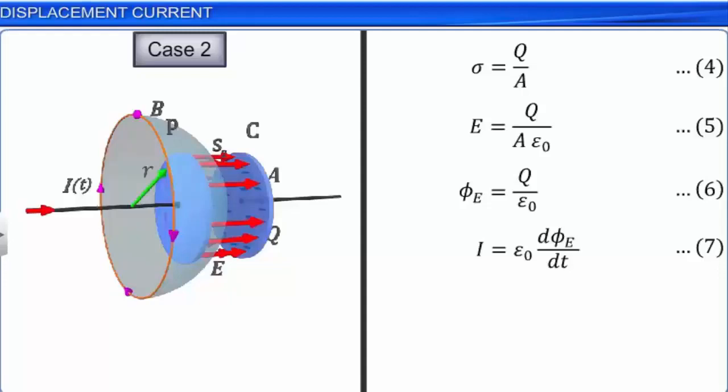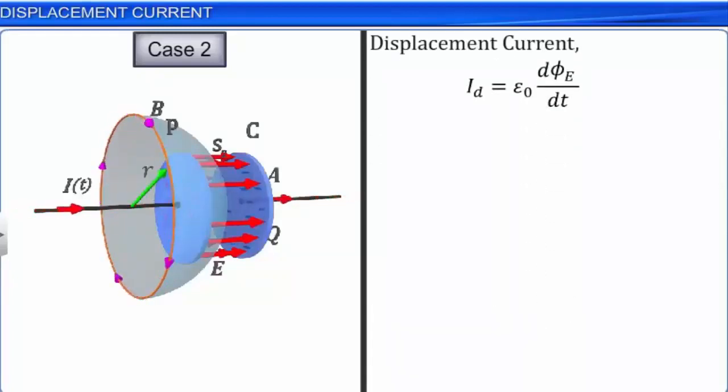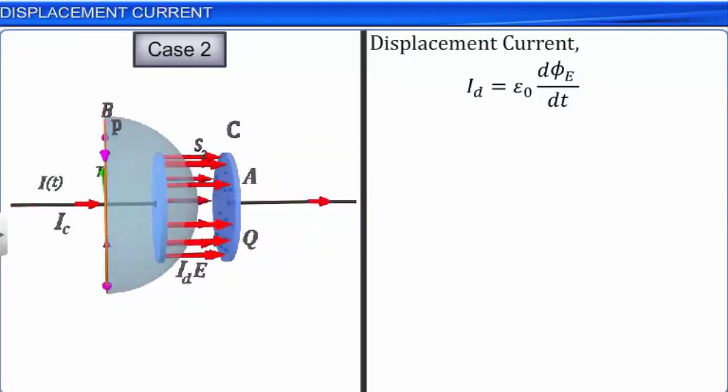Hence, Maxwell's generalization of Ampere's law is that the sources of magnetic field are both the current in the conductor due to the flow of charges, called conduction current denoted by IC, and the displacement current due to the changing electric field between the plates of the capacitor. Thus, the total current enclosed by the surface S2 is the sum of the conduction current and displacement current, that is, I is equal to IC plus ID, which is equal to IC plus epsilon naught into d